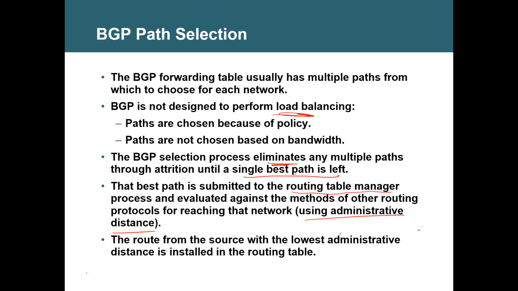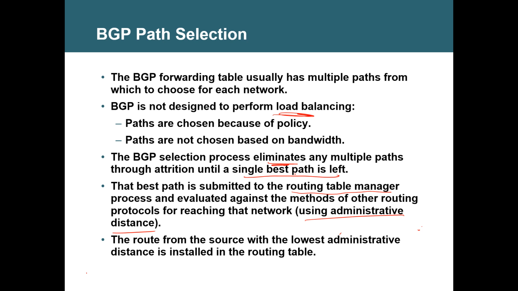So BGP is going to be giving you the best path outside the autonomous system. But the inside is determined by IGP, if IGP also has got the same network info. Sorry, IGP. IGP is having a network. IBGP also has the same network, but inside, IGP is preferred, IGP does multipathing. And when it goes outside the autonomous system, BGP takes over. BGP's administrative distance is 20, and BGP will not do load balancing.